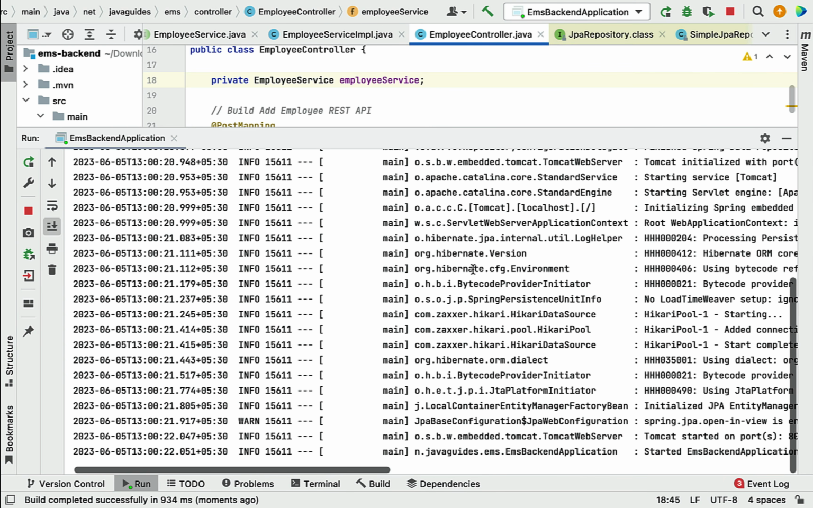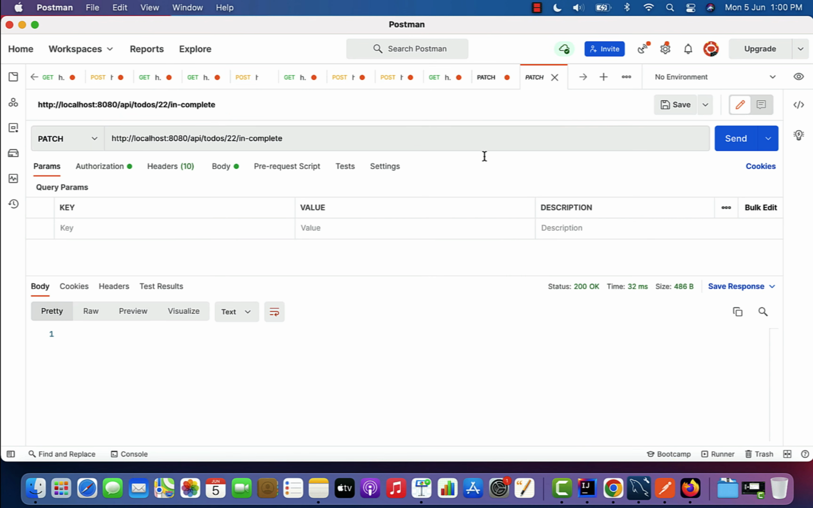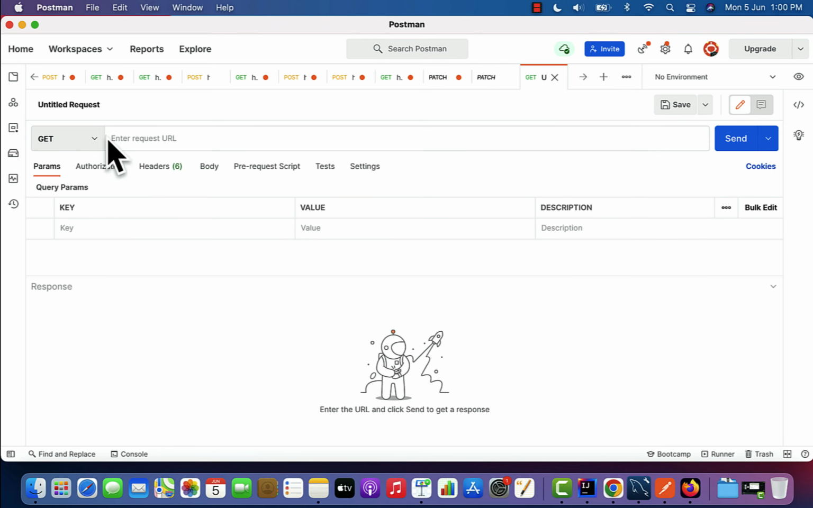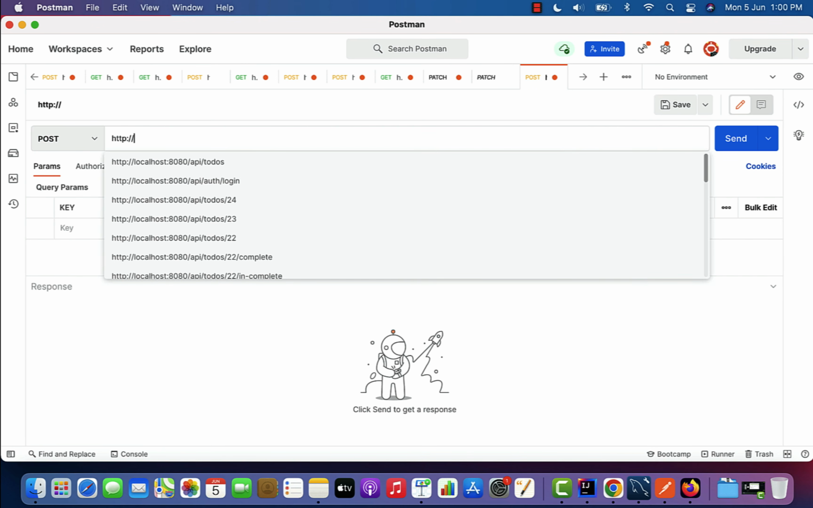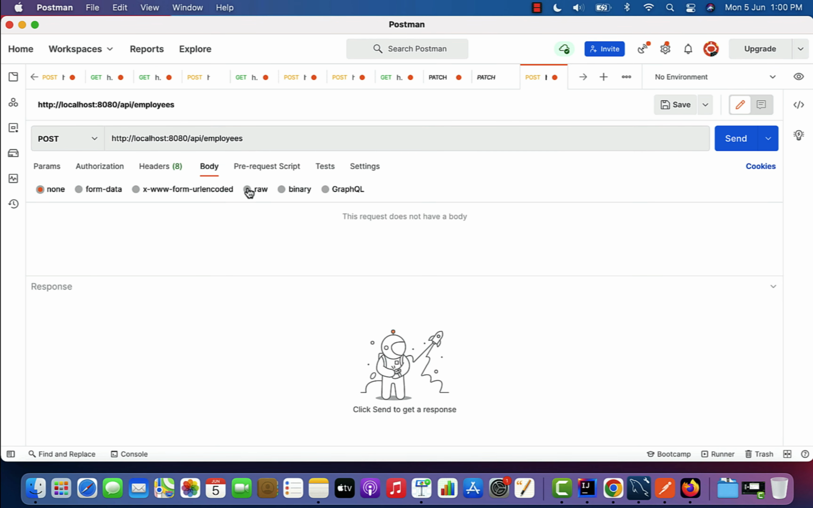Well, notice here our Spring Boot application is up and running in an embedded Tomcat server on port 8080. Next, let's go to the Postman client over here, and let me create a new request. Let us choose the HTTP POST method, and let us enter the request URL http://localhost:8080/api/employees, and next go to the body, select raw, select content type JSON, and within the body we need to pass the